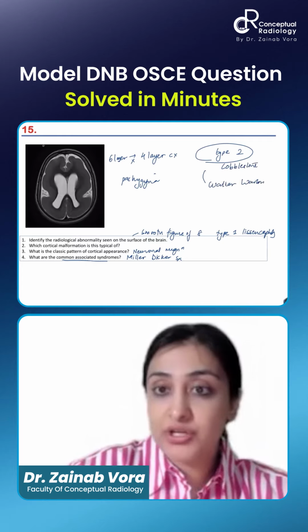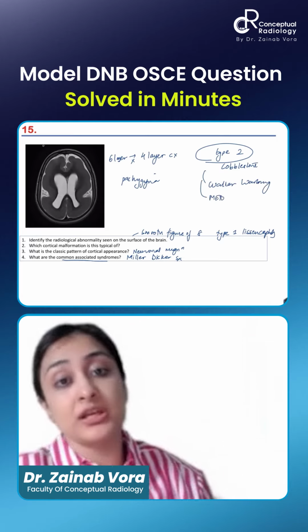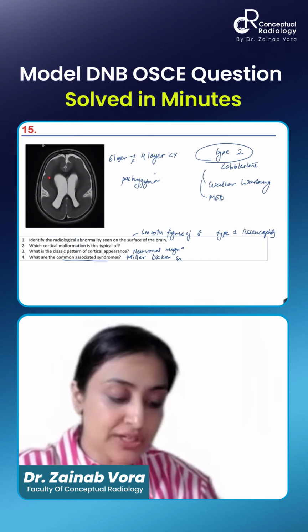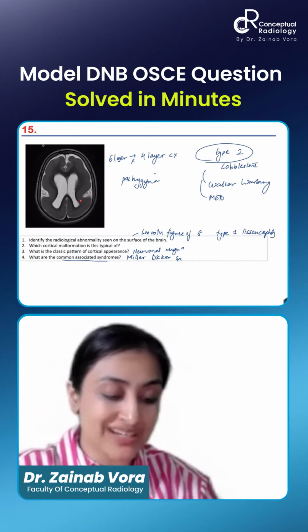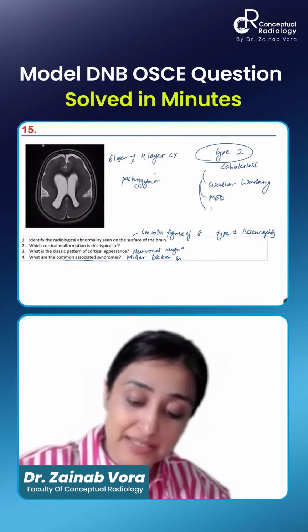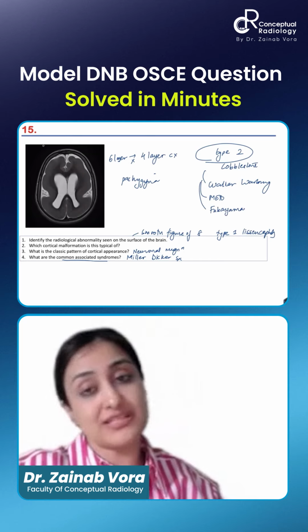You can talk about muscle, eye, brain. Yeah, it can be associated with your subcortical band heterotopia. So this is very frequently associated. There can be a cortex, another cortex here, which is your band heterotopia. Very good. Fukuyama disease. Yeah, that I was forgetting that name. So that is Fukuyama disease. So all of these are type 2.